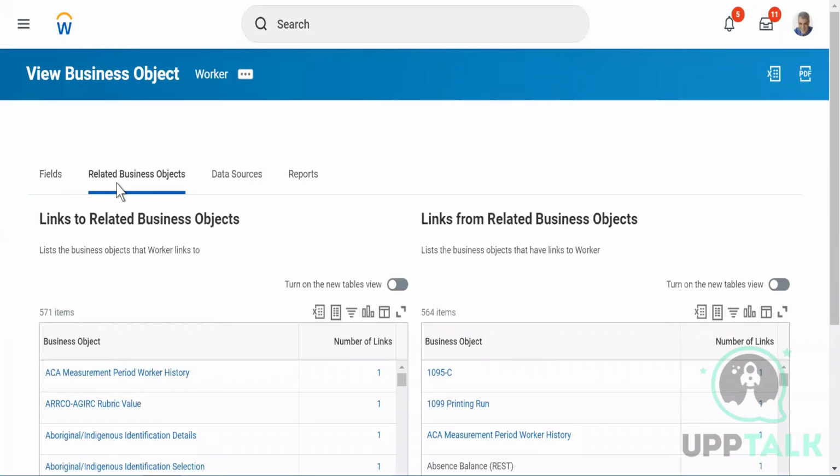So in this case, we have to understand that a related business object is more like a related table. So for example, I have an employee table and I have a salary table. Okay. So the employee table will contain employee ID, employee name, date of birth, gender, date of hire, all those things, right? And your salary table, the salary table will contain